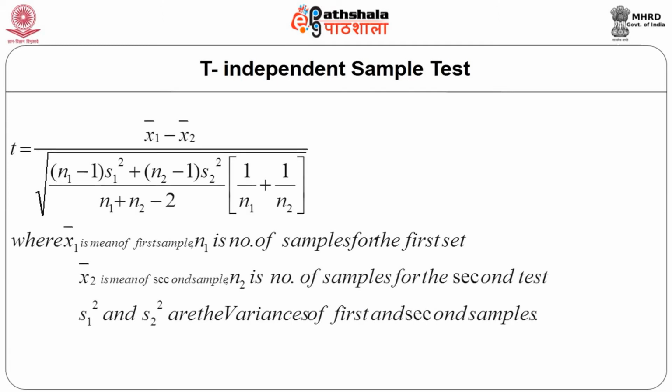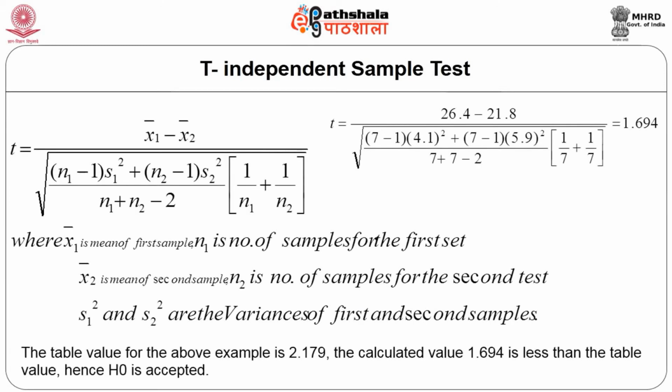You want to see whether these two means are in any way different or not. For that, you will have to use the formula, assuming that the variations are the same, otherwise the t-test cannot be used unless you do some transformation. The formula is as simple as the previous one, only here the two means belong to your experiment, that is x1 bar minus x2 bar, and you also have to calculate the standard deviation of the first group and the standard deviation of the second group.